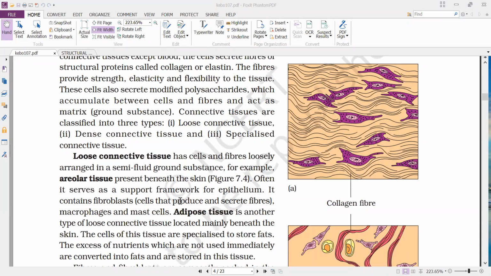The cells of this tissue are specialized to store fats. The excess nutrients which are not used immediately are converted into fats and stored in this tissue. If you take any excess amount of nutrients,